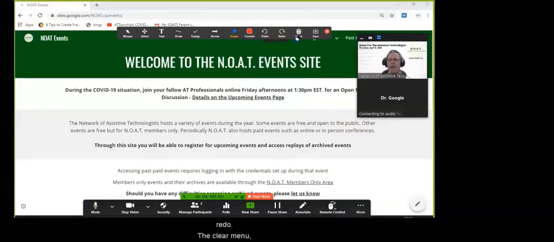Undo, redo. The Clear menu, I apologize, you have to undo the eraser first. There, the clear menu, you as a host get the option to clear all drawings, just your own drawings, or just the viewer drawings. And on the participant's end, with their annotation toolbar, they can clear their own as well if they want. The save gives you a screen capture,